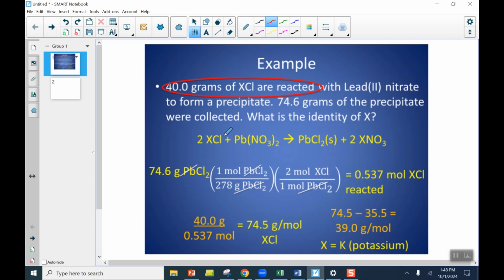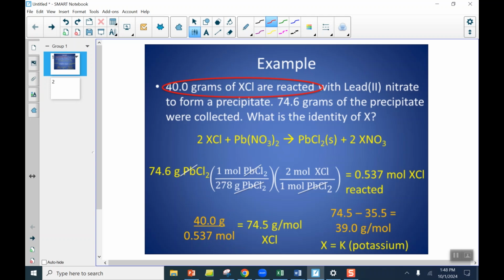But no matter the case, this 40 grams of XCl did not fully react. So try the source of error, see how it would affect your molar mass. Is this molar mass that I've calculated too high, too low, or would it remain the same? So if this is your error, where your XCl did not fully react, then essentially you can think of this